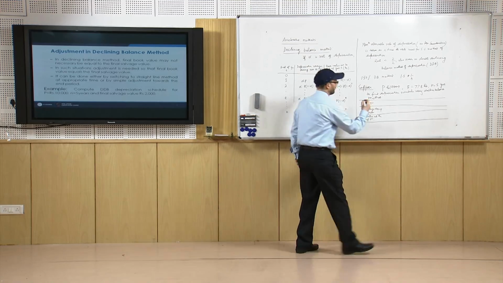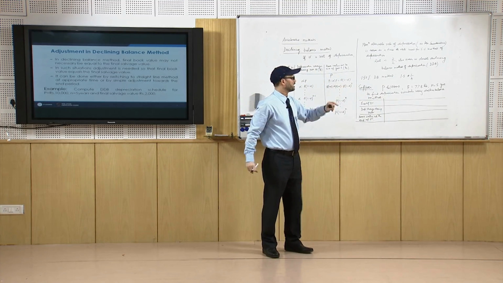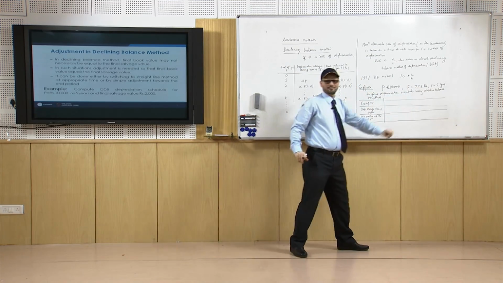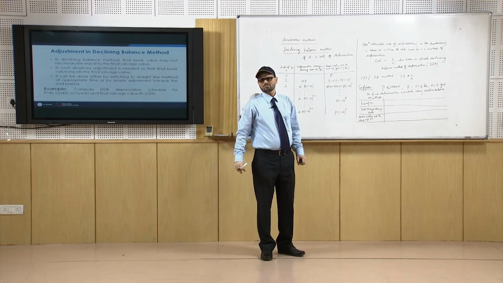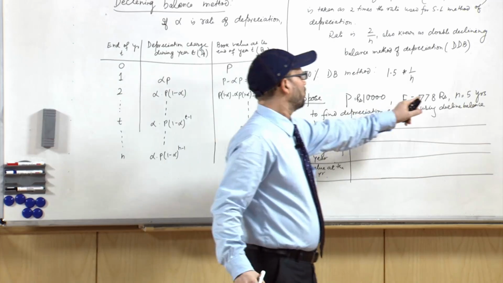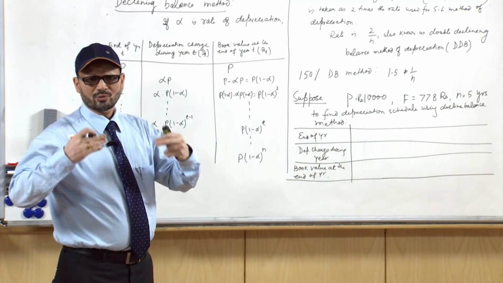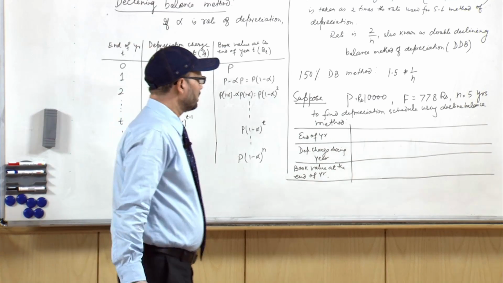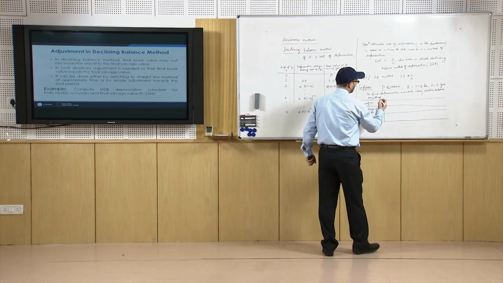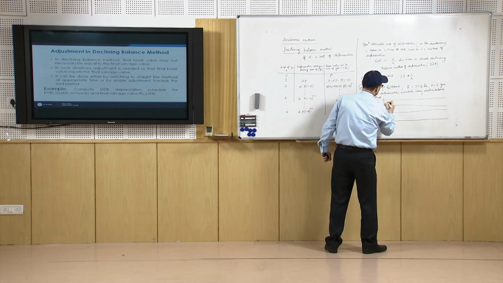Now, if you look at the depreciation rate, basically n is 5. So, depreciation rate will be 1 by 5, that is 20%. So, at the end of year, suppose 1,